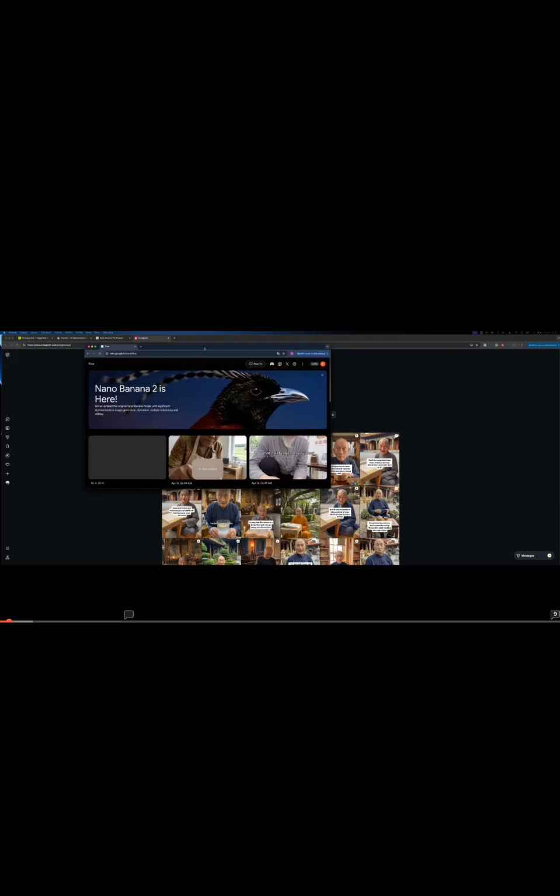Creating the pictures. One thing where you can easily create the pictures is VO3, because there is Nano Banana. If you go to new project, you can choose which model you want to be using. I would recommend Nano Banana Pro because in my opinion it looks a little bit more realistic. But for this tutorial, I'm gonna be using Higgsfield, just because I like to work in Higgsfield more,